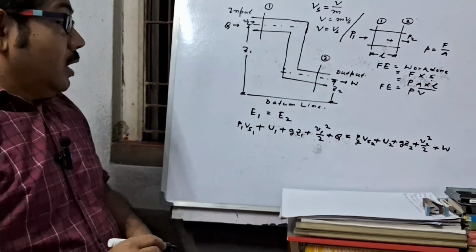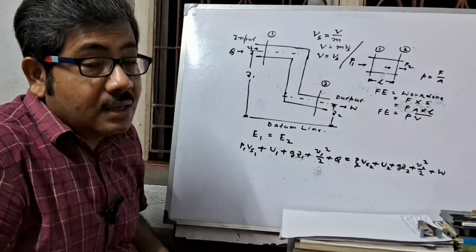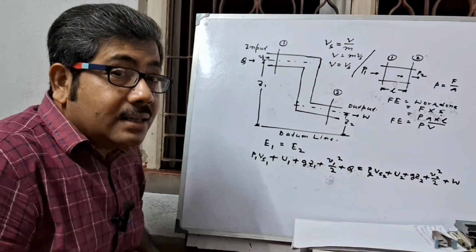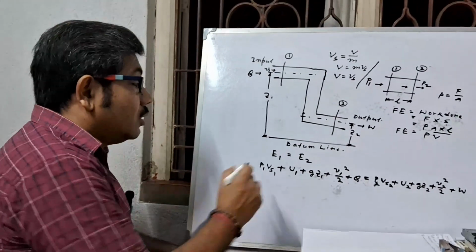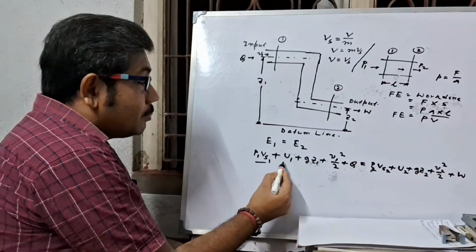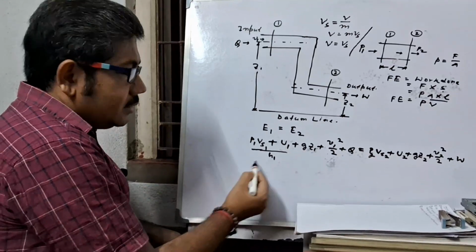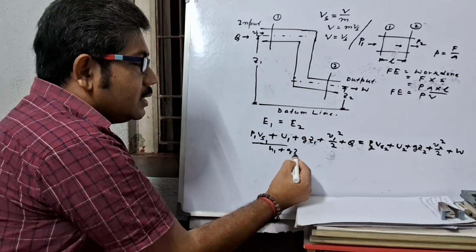But we know the definition of enthalpy, the summation of internal energy and the energy due to pressure and volume, this is called enthalpy. That means here P1 VS1 plus U1, this is called H1, enthalpy at input, plus GZ2